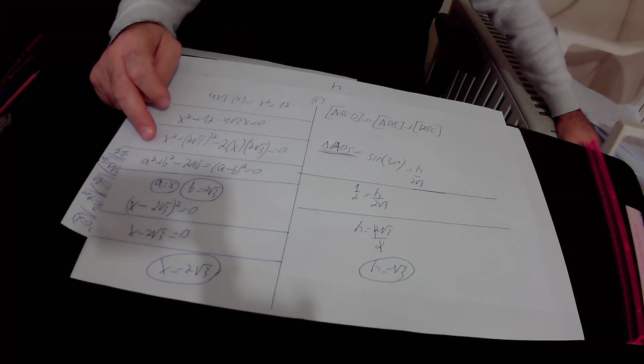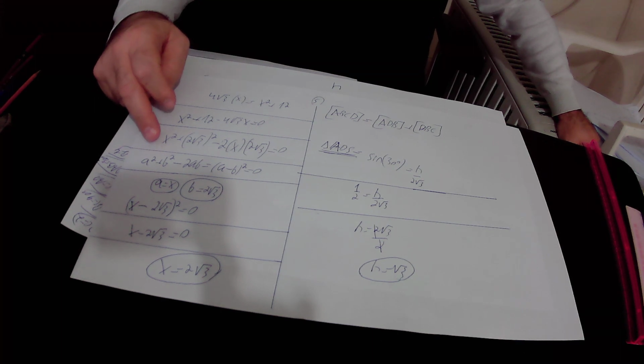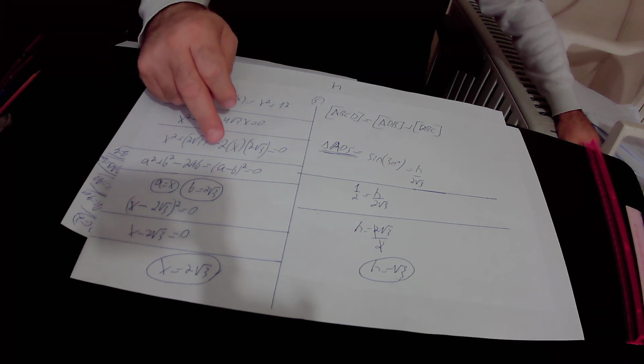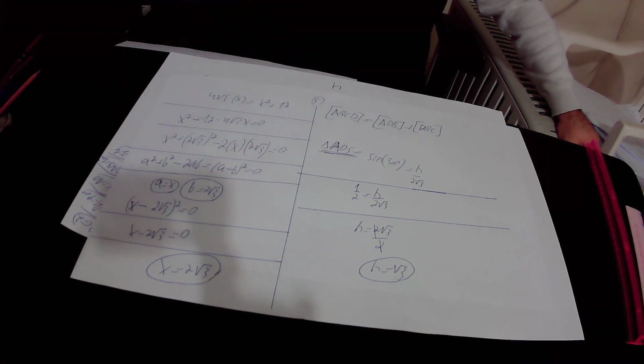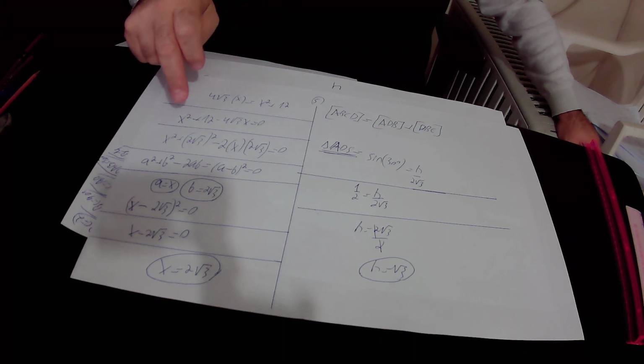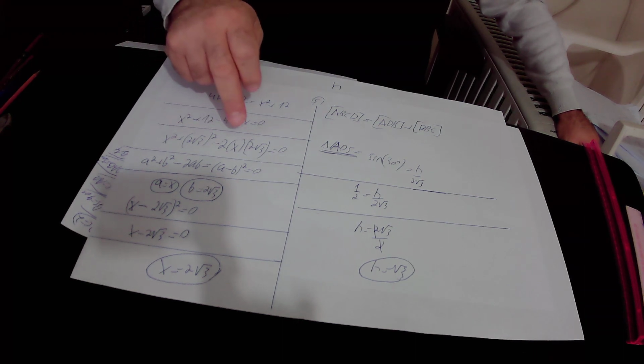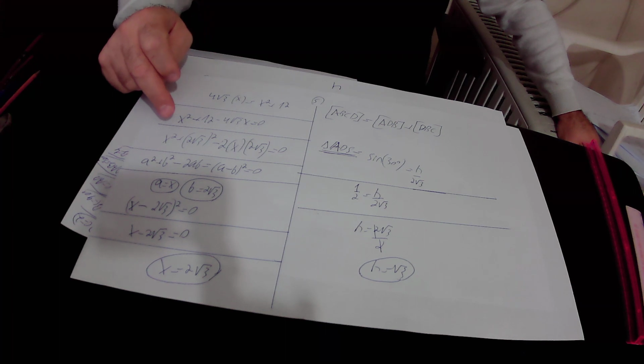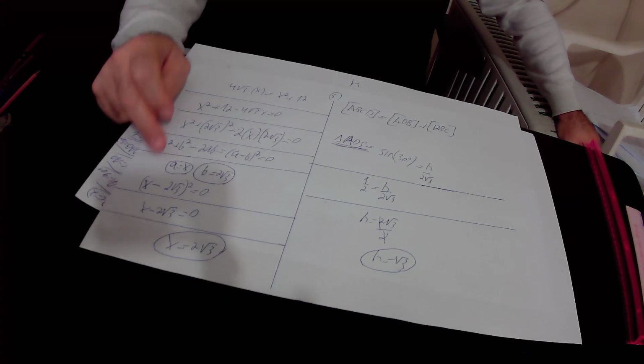This expression is very similar to the algebraic identity that A squared plus B squared minus 2 times AB equals A minus B squared. So we can substitute our specific expression by A minus B squared. Here in our specific expression, A equals X and B equals 2 times square root of 3. So A minus B squared will be equal to X minus 2 times square root of 3 squared,